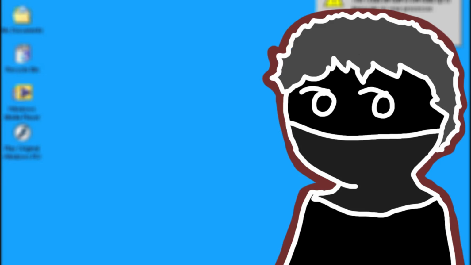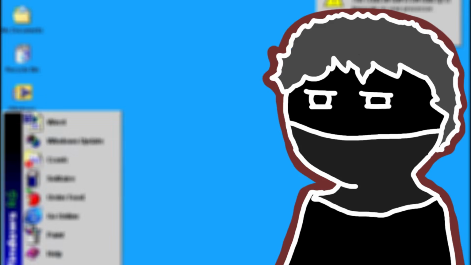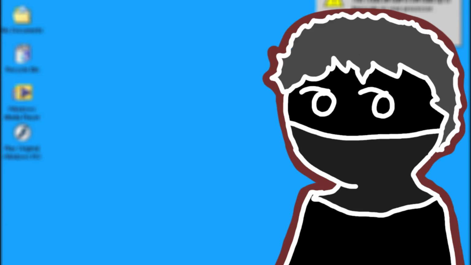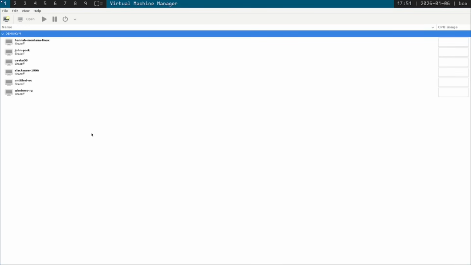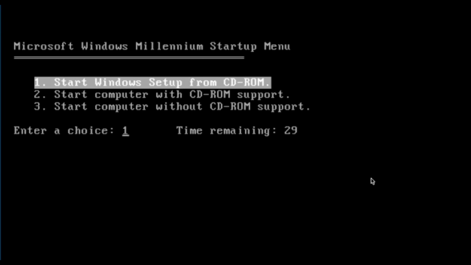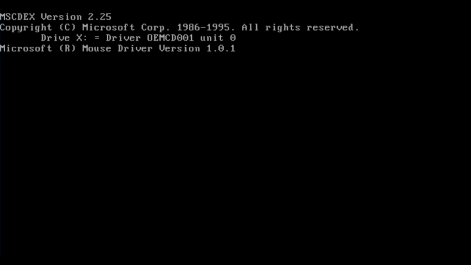I decided to try Windows RG again, this time trying to get the correct drivers and maybe even show off some features that I didn't show in the previous video. So let's get into it. Now that we have virt-manager loaded up, let's create a virtual machine for the new Windows RG. Boot from CD-ROM. Once again it's loading up, and after this we should get into the disk